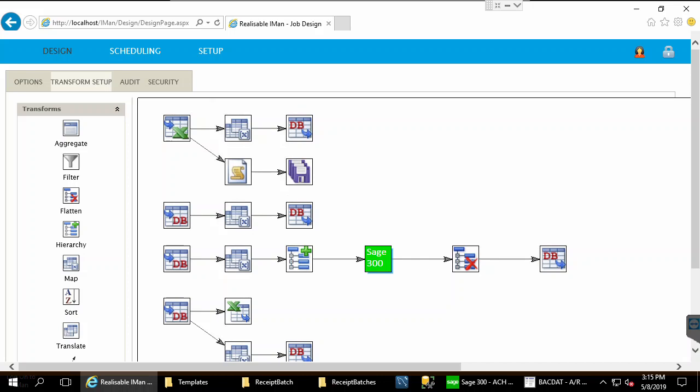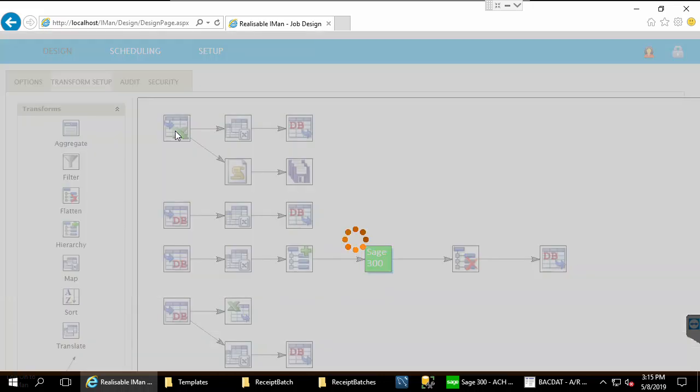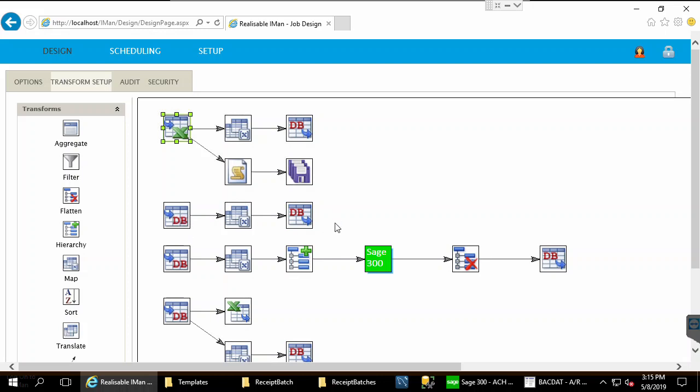IMan runs through a browser in terms of the user interface to use a WYSIWYG representation to create a series of transformation steps to transform data from whatever its source is to the ultimate destination, and in our case that's Sage 300, and then finally produce an output file for the reconciliation detail. So what you're seeing here are each of the nodes for some process that happens against the data, beginning with, in this case, the Excel spreadsheet, and then moving through a process that then collects the data from the spreadsheet